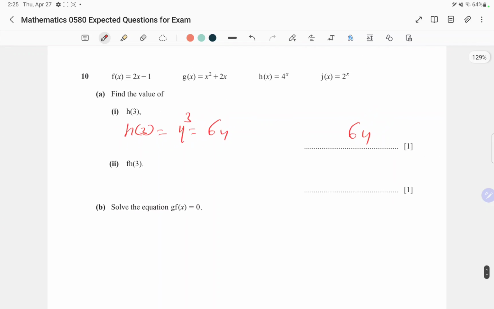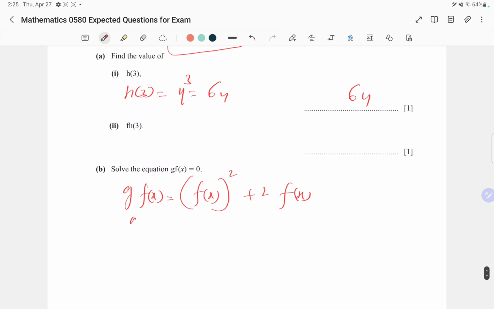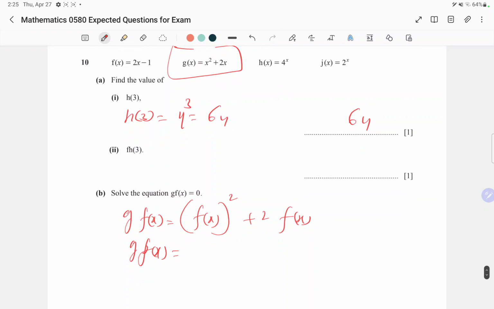Now solve the equation g of f(x). So first of all we need to find g of f(x). So this is my g(x). So g of f(x), x became f(x), so this is f(x) whole square and then twice of f(x). Now what is f(x)? f(x) is 2x minus 1. So (2x minus 1) is square, and the twice of